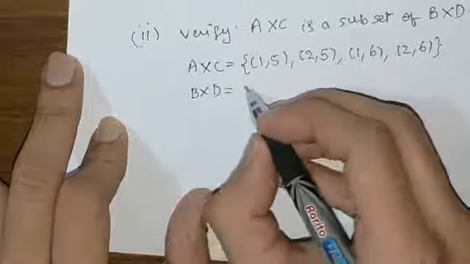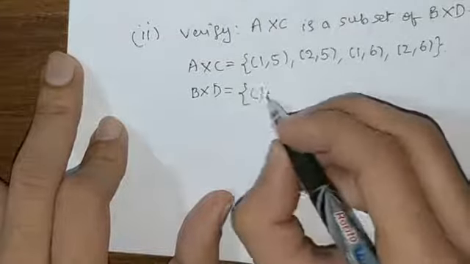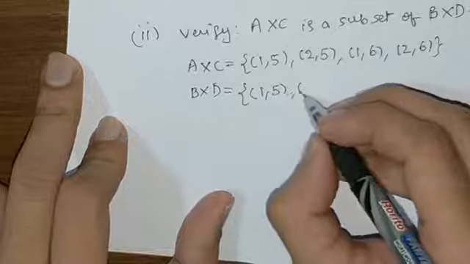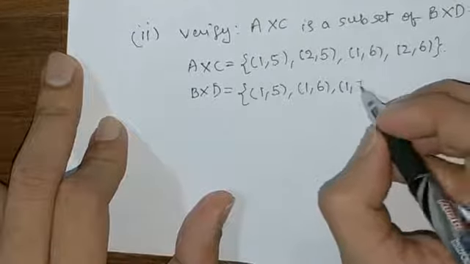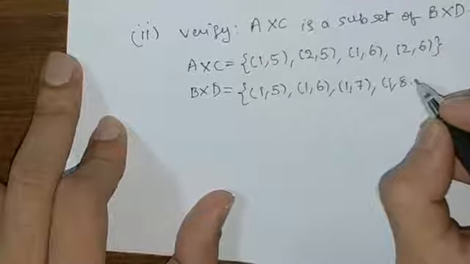B cross D is equal to (1, 5), (1, 6), (1, 7), (1, 8),